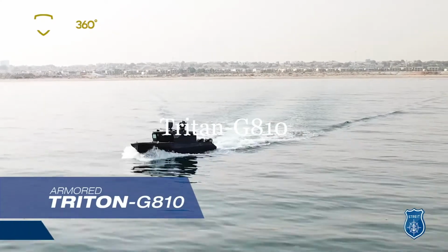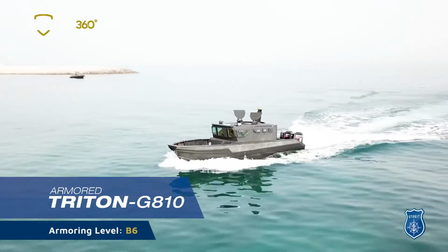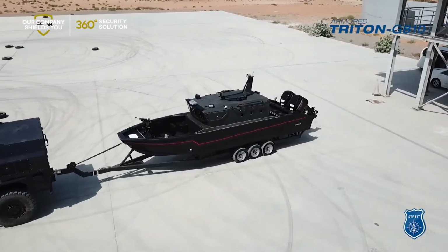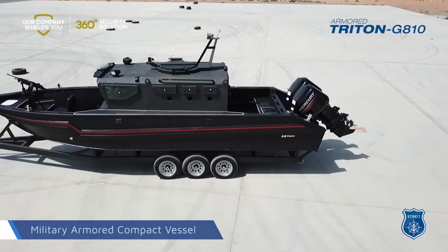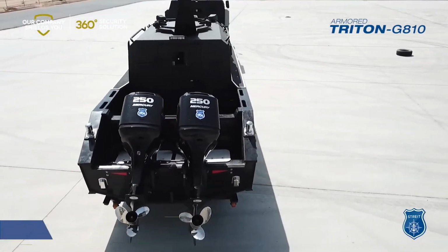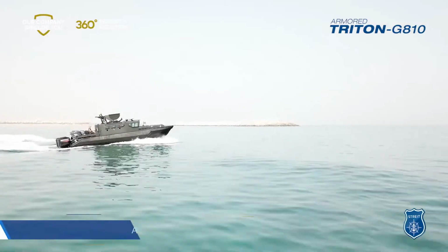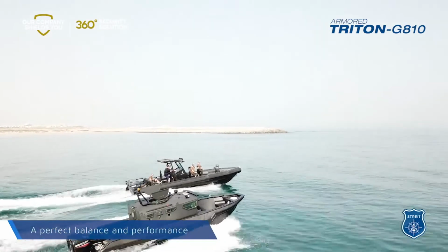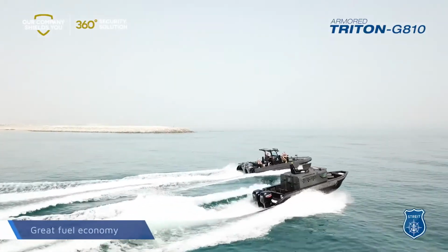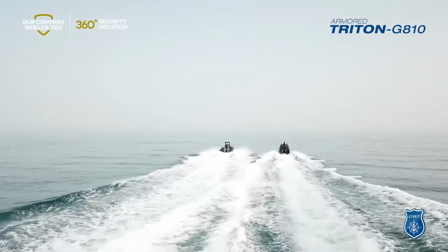The Triton G810 is a creation of the Canadian Manufacturing and Operations Strait Group. We've already spoken about a military land vehicle, so today we'll talk about an aquatic vehicle. This ship is used for a number of missions, such as patrols, and can be equipped with a weapon system, a scaling ladder, a thermal imaging camera, a recording camera, and a wireless communications network if necessary. The company provides a variety of options, including anti-piracy and tactical work with up to 10 passengers. The ship's top speed is 100 km per hour, and it has 2 engines with a combined output of 500